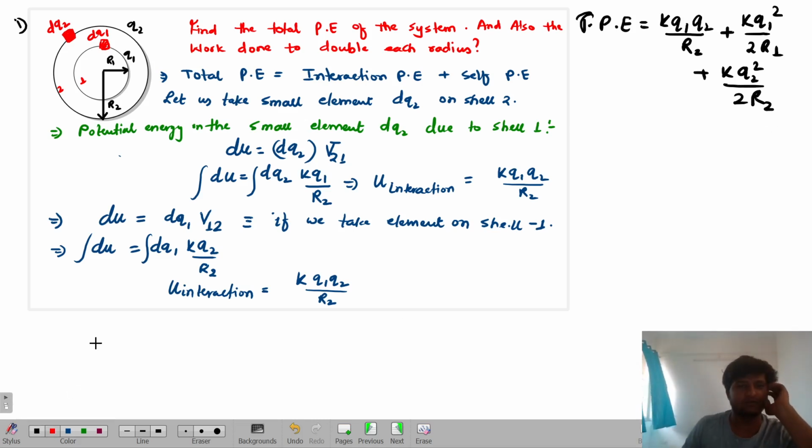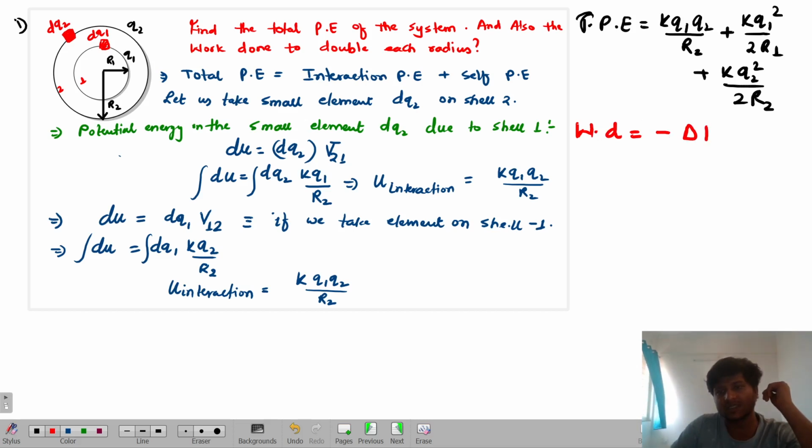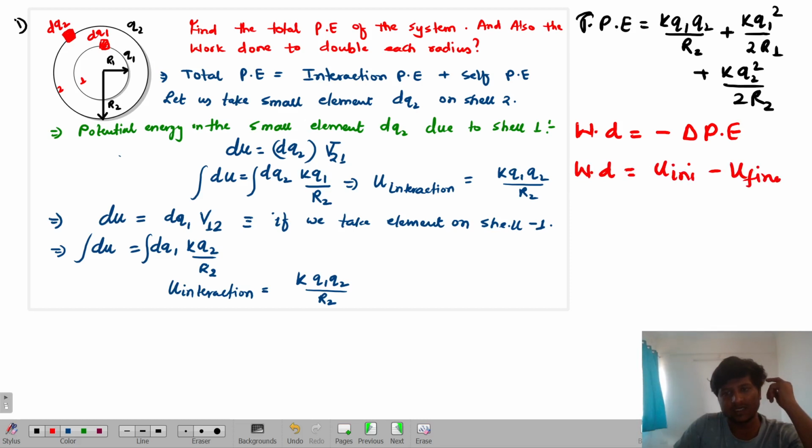Next thing it is saying is to find the work done to double the radius. Now this is such an easy problem. What is work done? Since it is an electrostatic force, it is just the negative of the change in potential energy. Isn't it? So work done will be U initial minus U final. Electrostatic is a conservative force, that's why I can apply this formula. So work done is equal to,